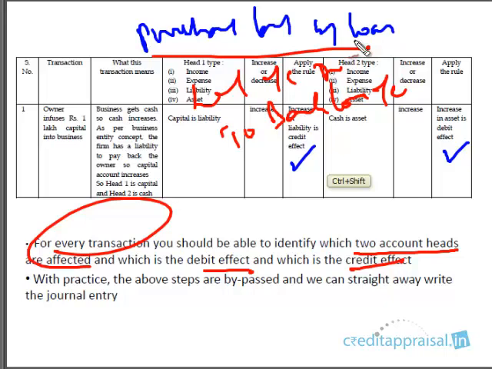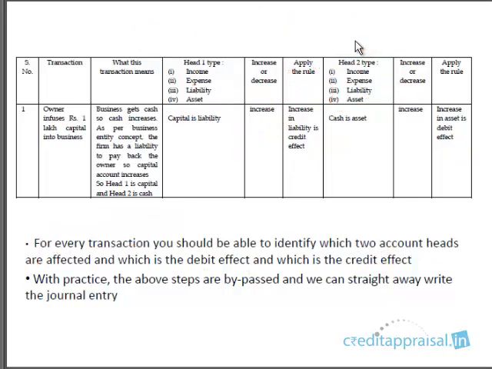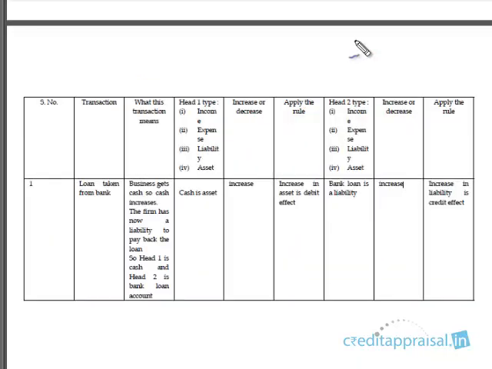Passing journal entries is relatively easy. For anyone with practice, it becomes a routine job, right? It is a very routine job. Things like journal entries, even complicated entries, are passed regularly by practicing accountants. So what we'll do now is take a few examples just to get comfortable with this concept of debit effect and